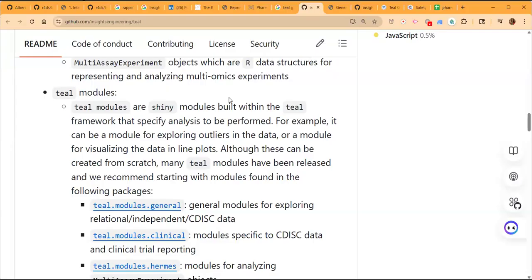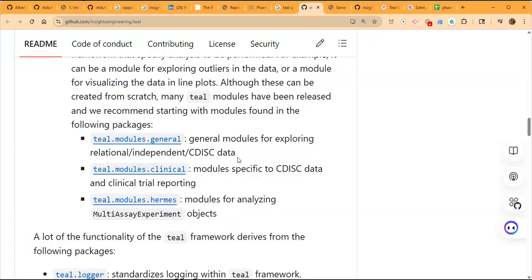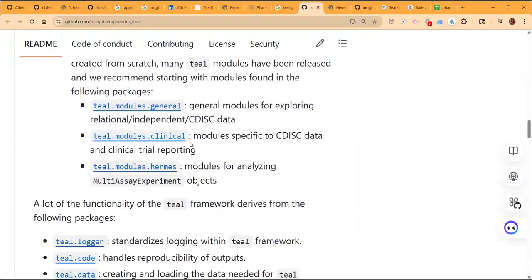And if you want to generate ADAE tables, you call the modules from ADSL and ADAE, and you just put them in. So you can do as many things as you want, and all those modules are independently developed and done. And that's the very concept of the teal module. The teal module works on a very fundamental basis. The teal modules are nothing but shiny modules behind the screen, where you will be doing a lot